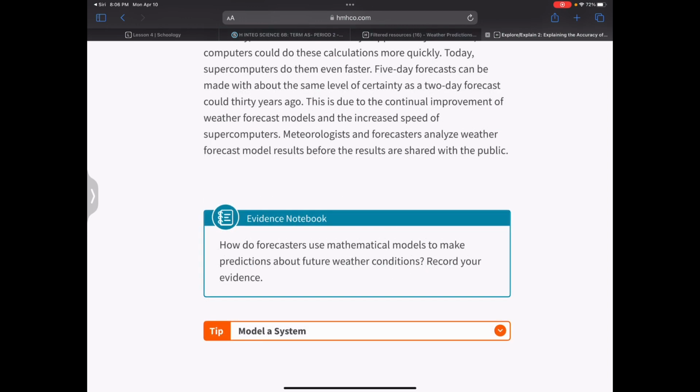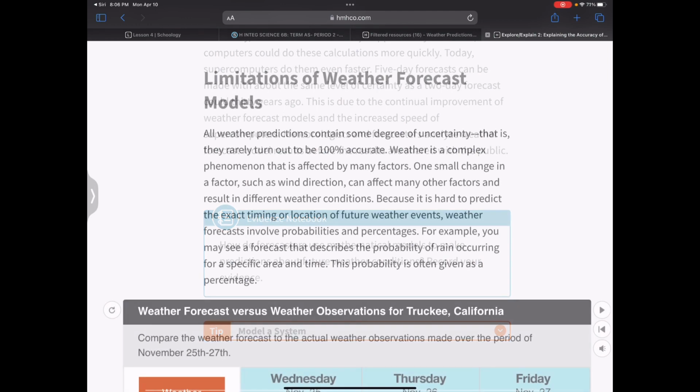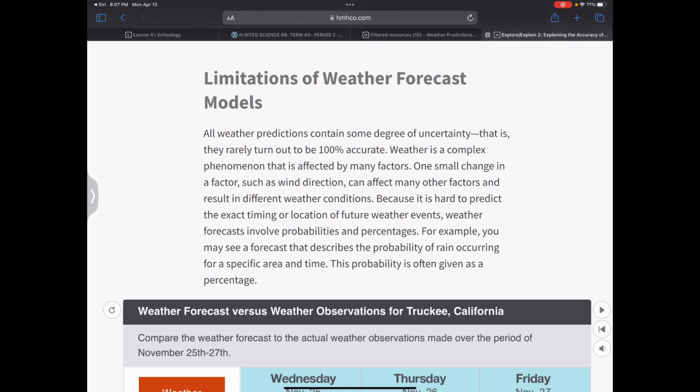Take a moment and record some evidence in your evidence notebook or jot a few sentences down in your book. How do forecasters use mathematical models to make predictions about future weather conditions? Record your evidence. And your evidence will be from the reading that we just did. Now that we talked about some mathematical models and weather forecast models, we're going to take a look at some limitations of those